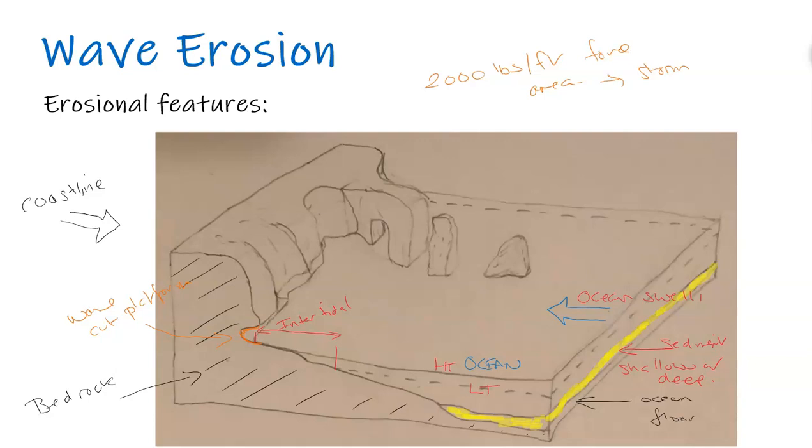So wave cut platform, this can be part also of a wave cut notch, which is right here. The notch is right here. The platform is right here, the raised area, and this can be part of a bench as well, a wave cut bench, which is a raised area, and the sea levels dropped off. But this can be part or sections of what's called a marine terrace, which is kind of like a step-by-step lowering of the coastline, the rocky coastline,